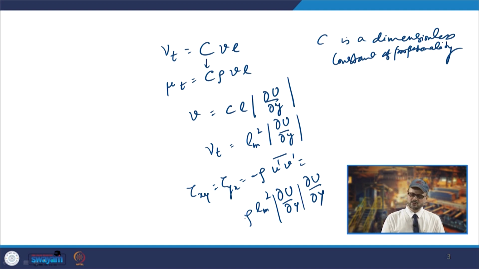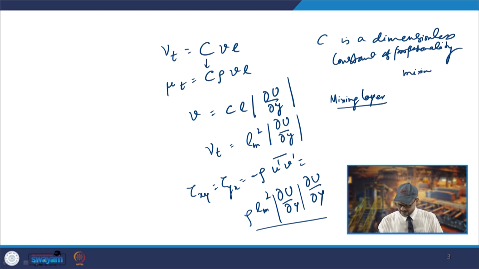So, from this you try to have the modeling or prediction of these stresses using these mixing lengths. It has been found that for different types of flow, you take these mixing lengths as different values, like for mixing layer, this mixing length Lm